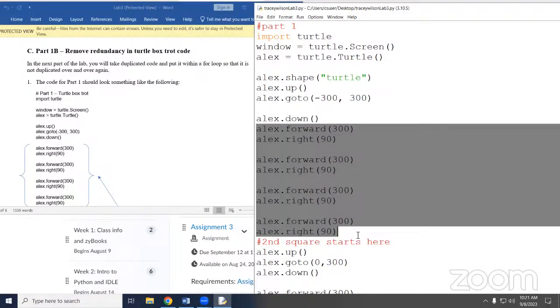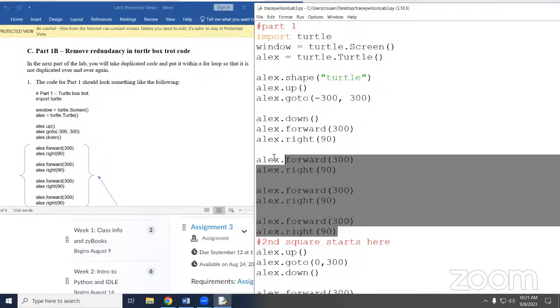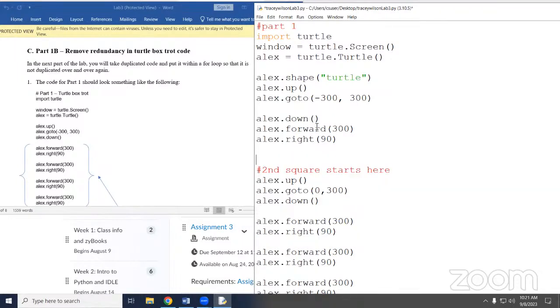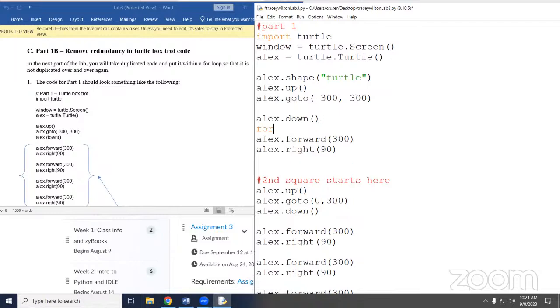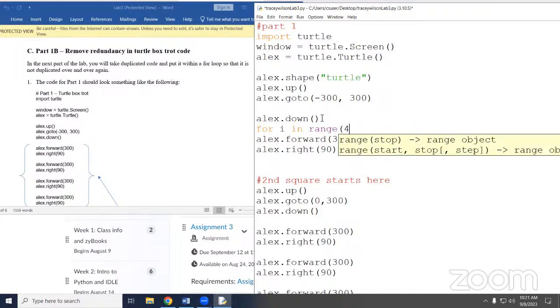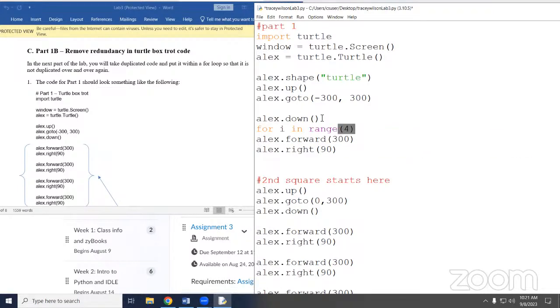It's the same lines over and over again. So if I take these lines out, we'll get rid of those. And in here, I'm going to put for i in range 4.